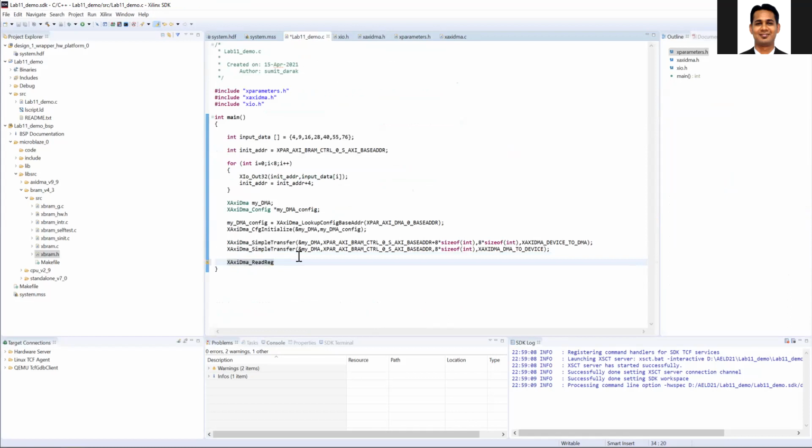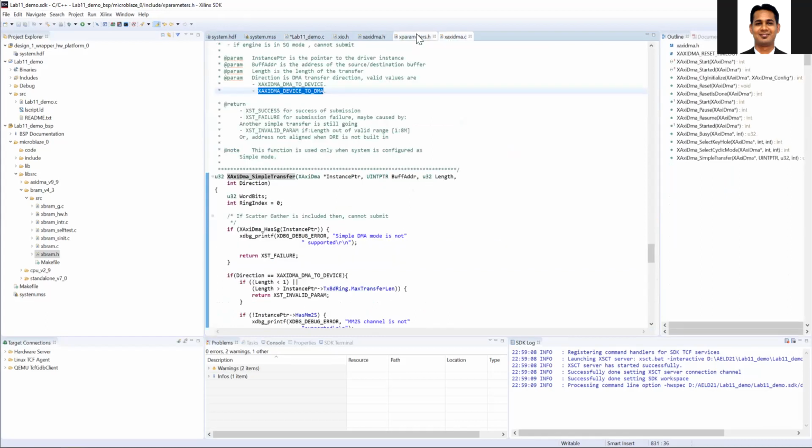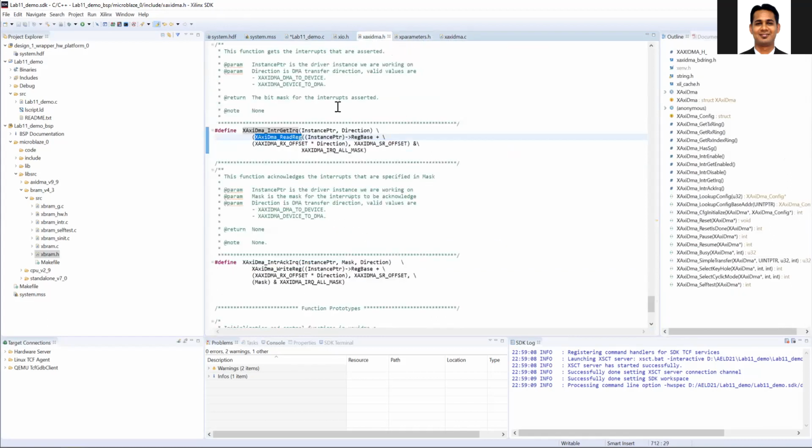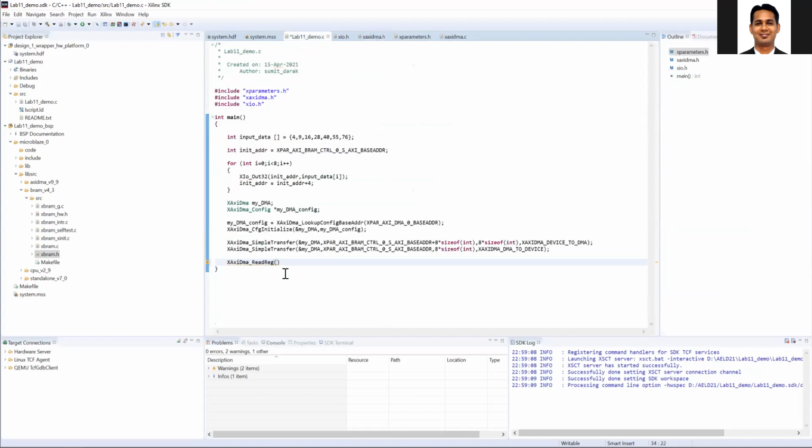The input to the read register is your base address plus offset. We need to read the second register.